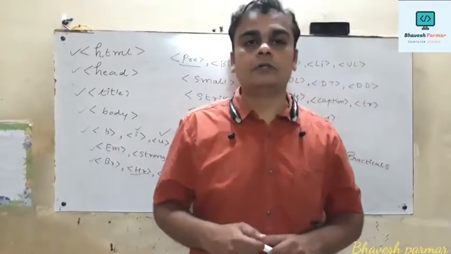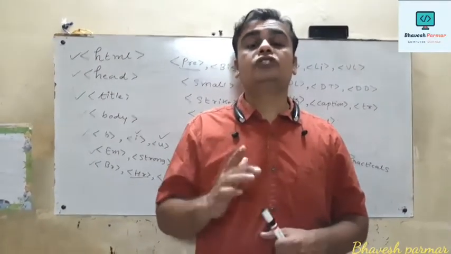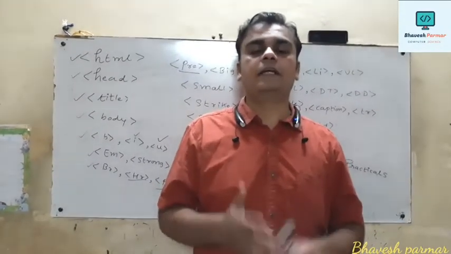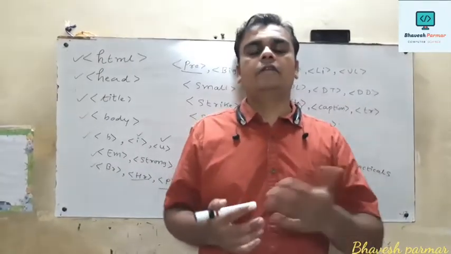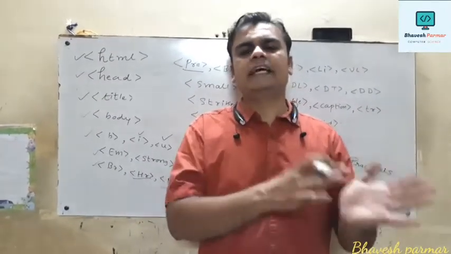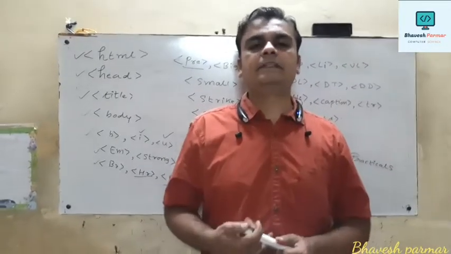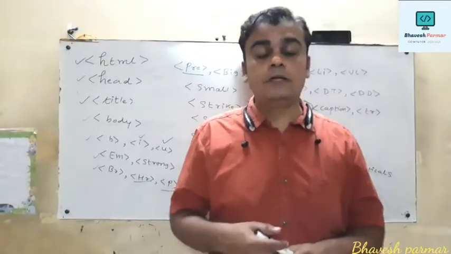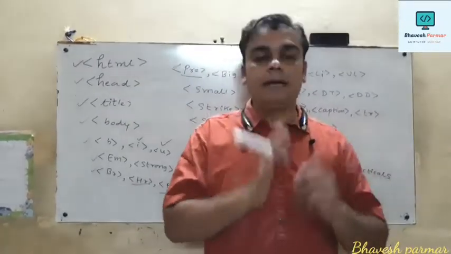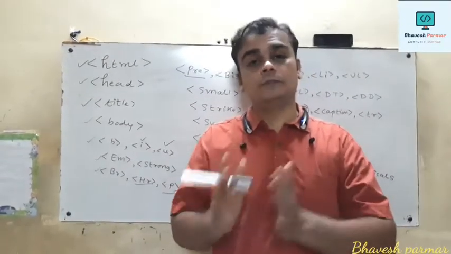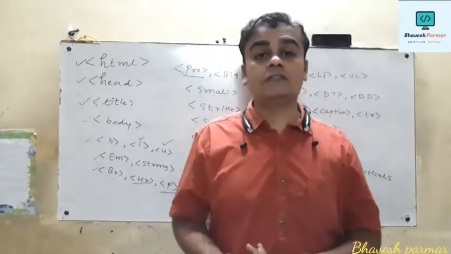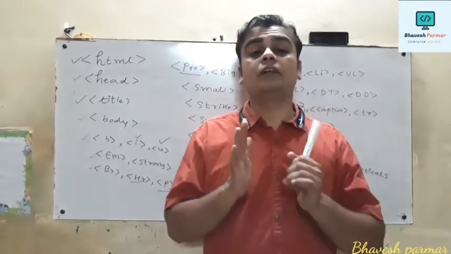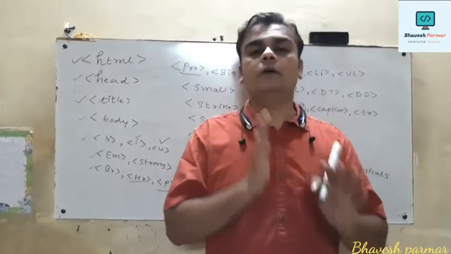Thereafter we use width attribute also. Width attribute is used to change the actual size of your table, and generally width value should be given in terms of percentage, or we can directly give the number also, so that it calculates an absolute value and represents it in pixel form. Thereafter we also studied bgcolor attribute, means if we give a proper background color to the table, in that case we use bgcolor attribute. We can also change the border color of our table. By using bordercolor attribute, we can change the actual color of your border.